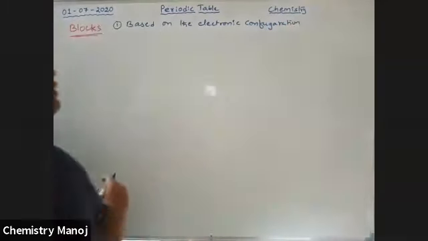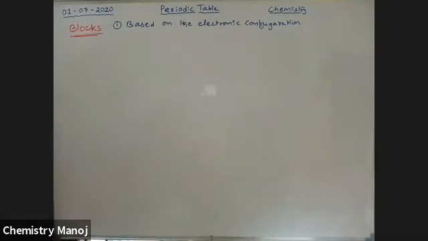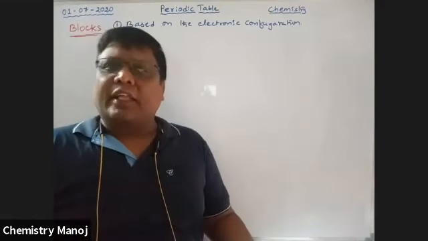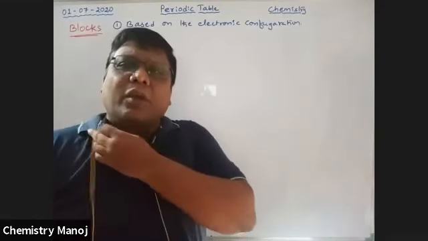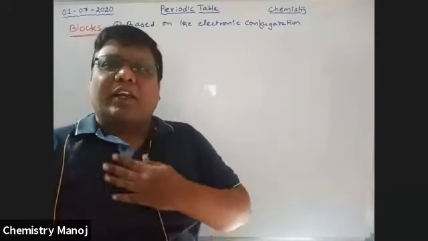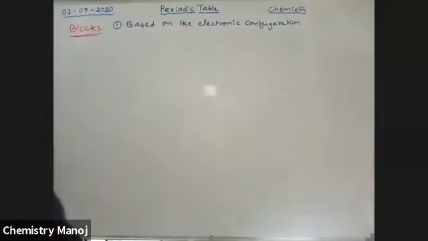Based on the electronic configuration, all these elements in your periodic table are broadly divided into 4 blocks. So in your exam, if they ask you to classify the elements based on electronic configuration, it means nothing but indirectly they are asking about blocks. So here our periodic table is totally divided into 4 blocks. They are